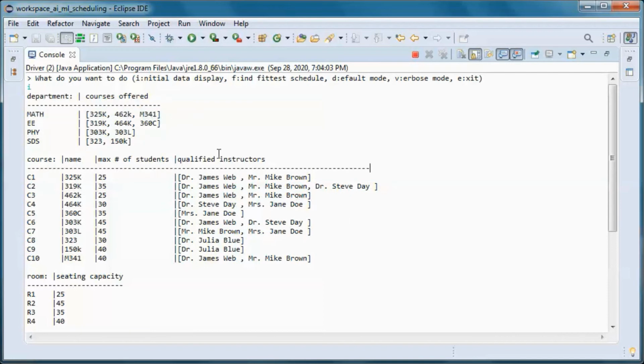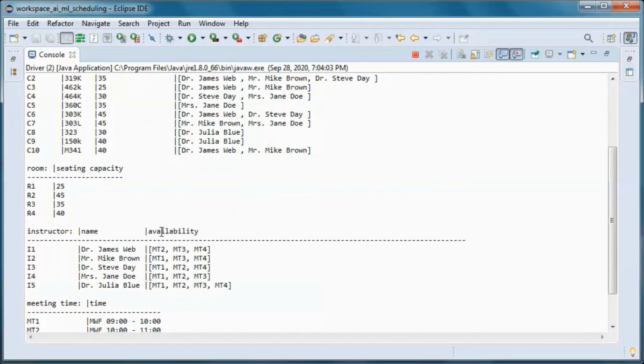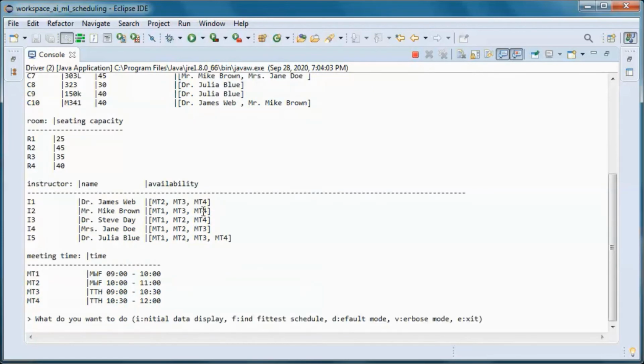And here, same thing, we have the courses listed and what are the qualified instructors for each course and the maximum number of students. And we added an additional room and an additional instructor, and she is available for those 4 meeting times. So we still have the same meeting times.